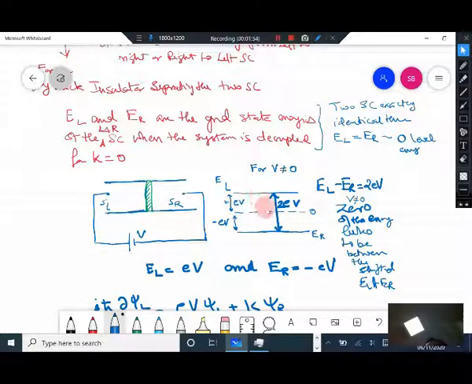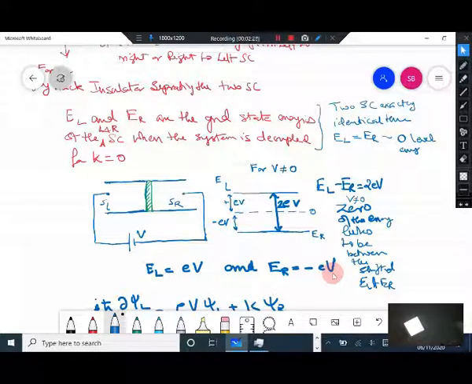With the presence of the voltage, with respect to this zero level, your left side moves up by EV and the right side moves down by EV, so EL minus ER is taken as twice EV in the presence of a non-zero voltage, because a non-zero voltage is definitely going to shift the energy levels of the system. The ground state energy levels will get shifted in the presence of a voltage, and that is what is being done here. So EL is taken as plus EV and ER is taken as minus EV, and we now put